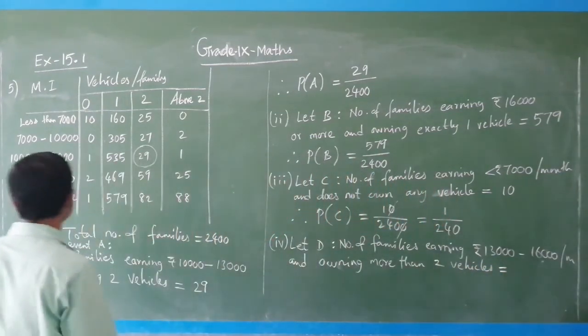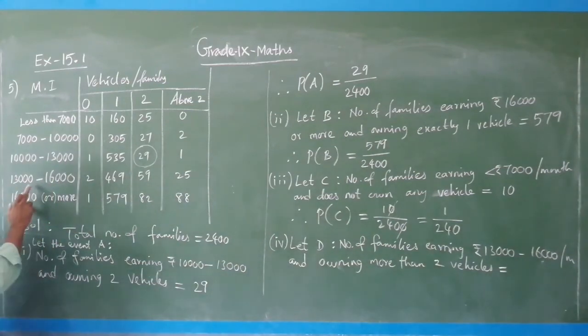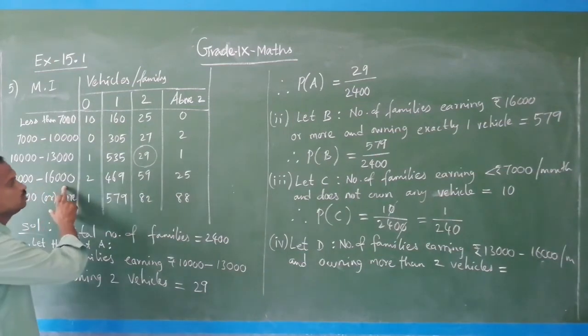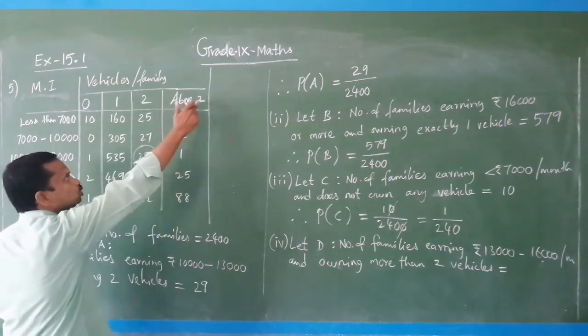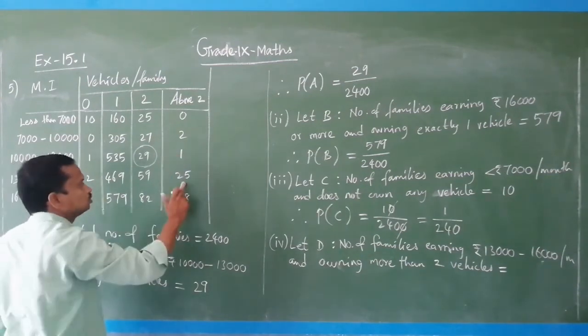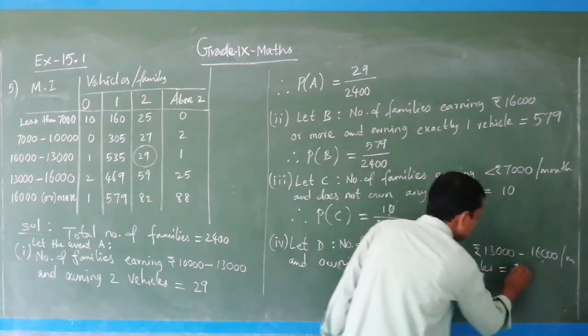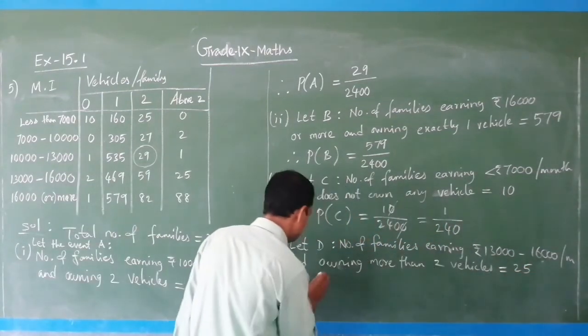that is equal to, we have to see from the table, 13 to 16,000. So it is here 13,000 to 16,000, and more than 2 vehicles means it is here above 2, under that we have to see. So this row and this column. So this is 25. Okay. So you have to write 25 here, and therefore,